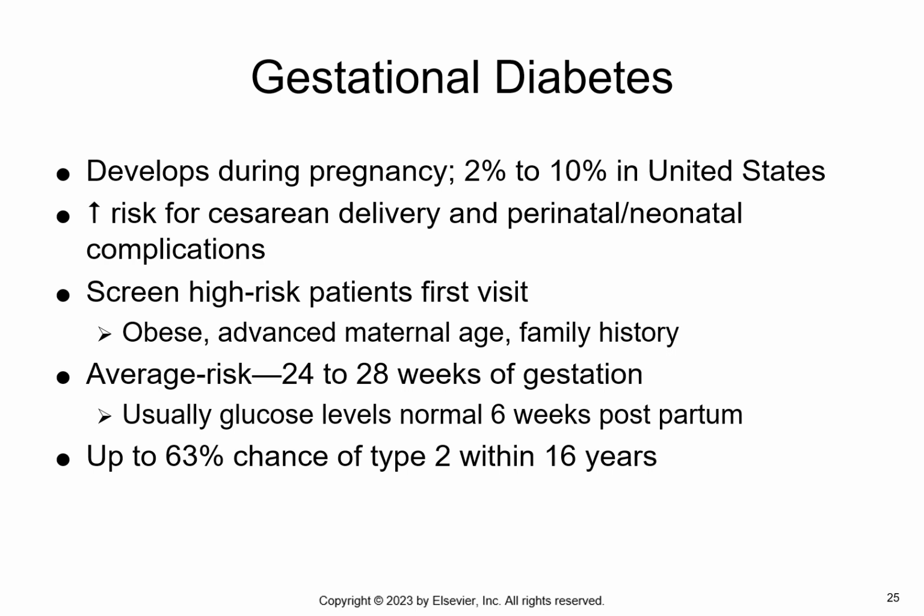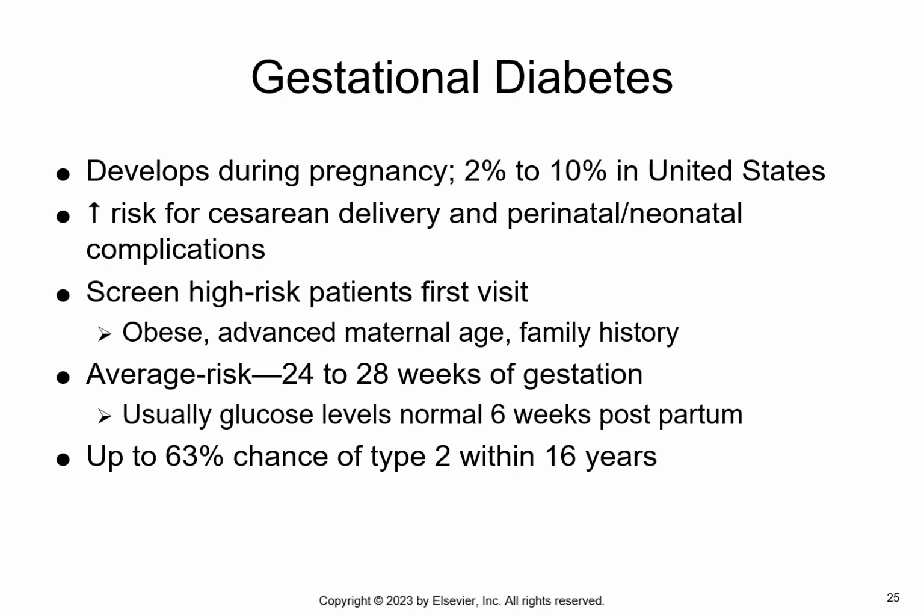Women who are at high risk for gestational diabetes are screened at the first prenatal visit. Those at high risk include women who are obese, are of advanced maternal age, or have a family history of diabetes mellitus. We screen women with an average risk for gestational diabetes using OGTT at 24 to 28 weeks of